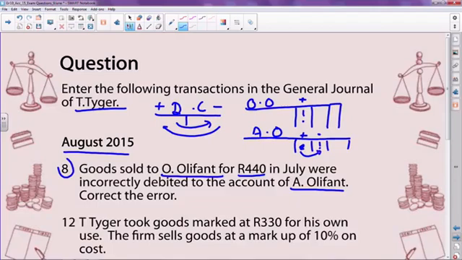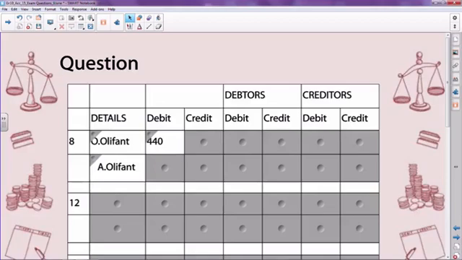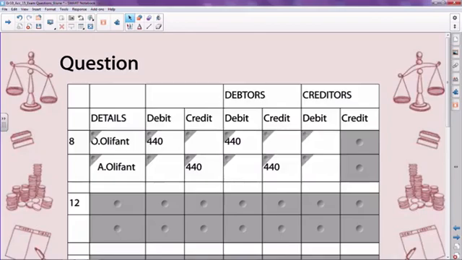Remember, in your general journal, we have to write your debit first, which is then O Oliphant, and then A Oliphant will be credited with what amount? As you can see, debit and credit for 40, and remember, both are debtors, debit and credit. So there you have it, and you can see, just to reveal the other blocks, it will be blank ones,